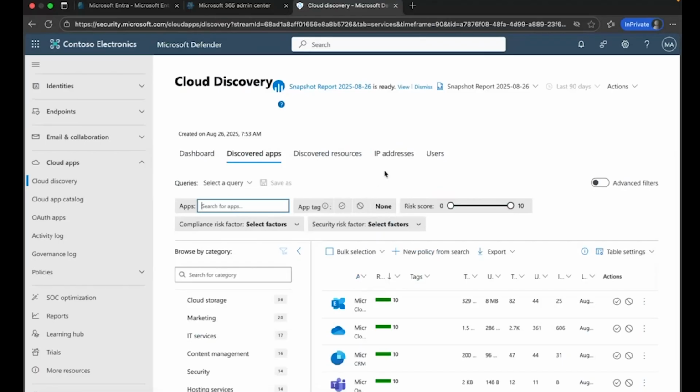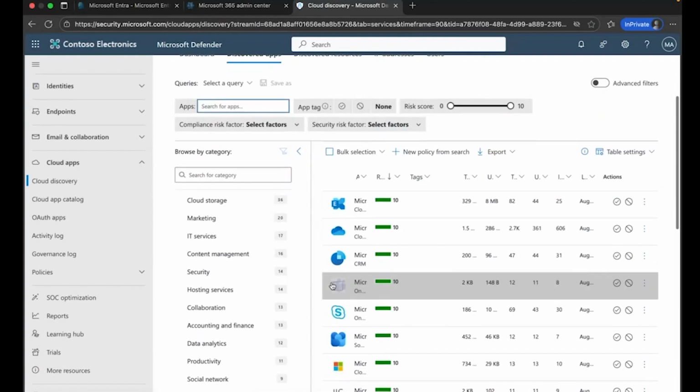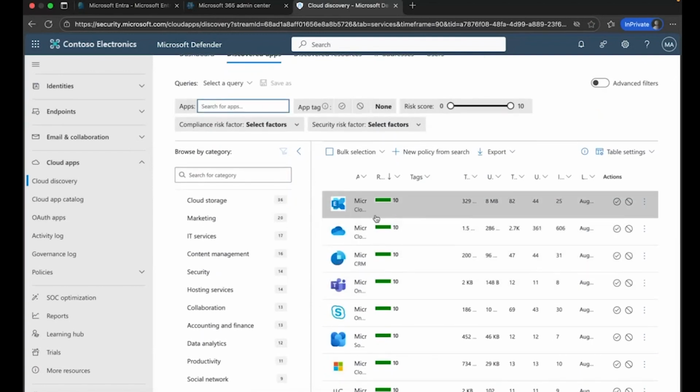And all these applications are categorized into different risk categories based on the scores they have achieved. Every application score is between 0 and 10. And this depends on 4 main components. If you expand this,